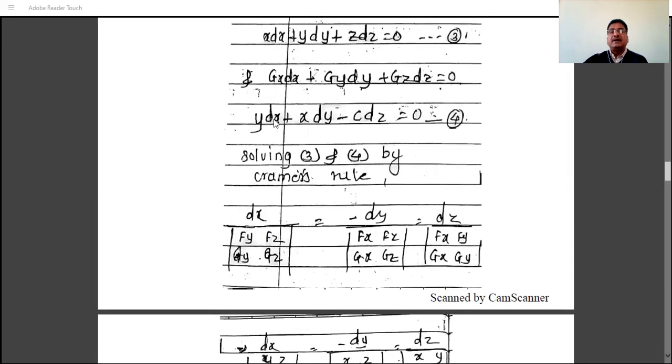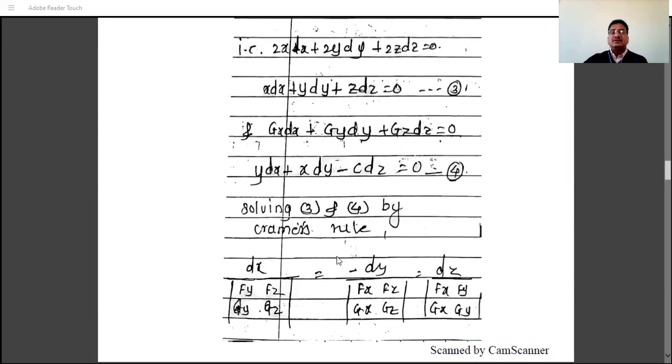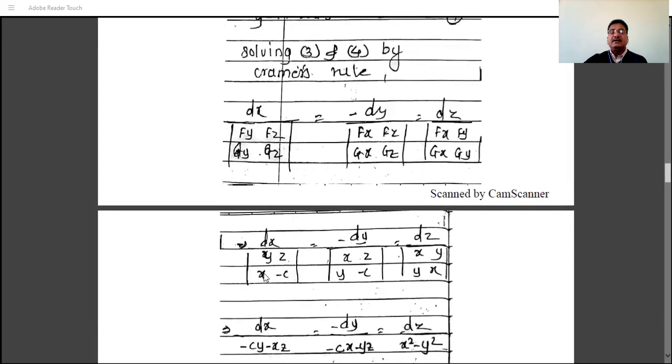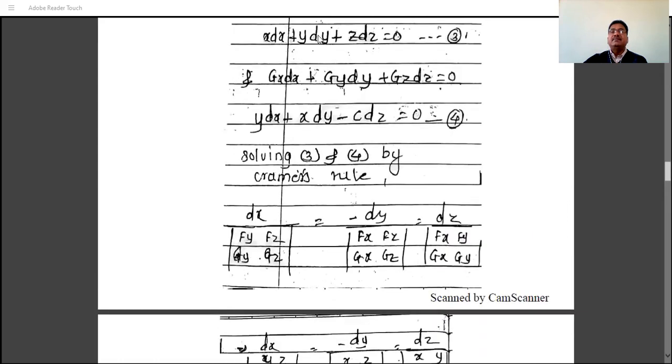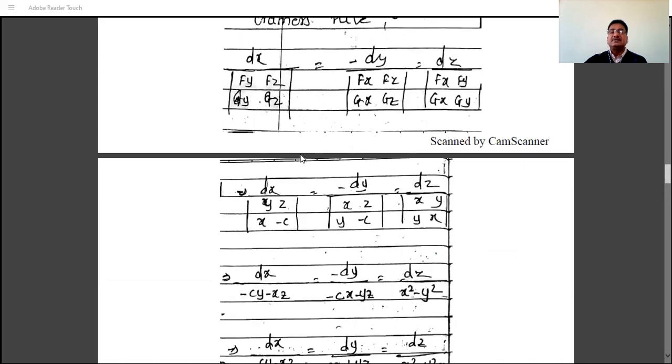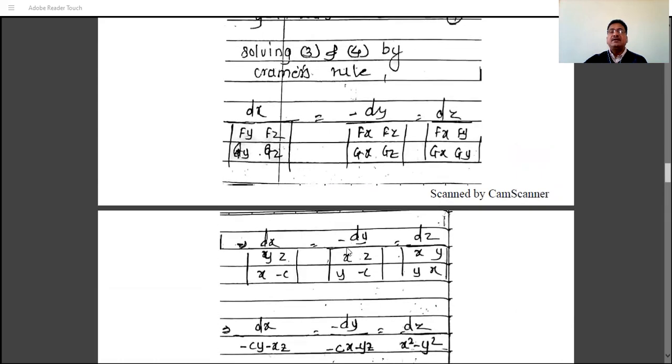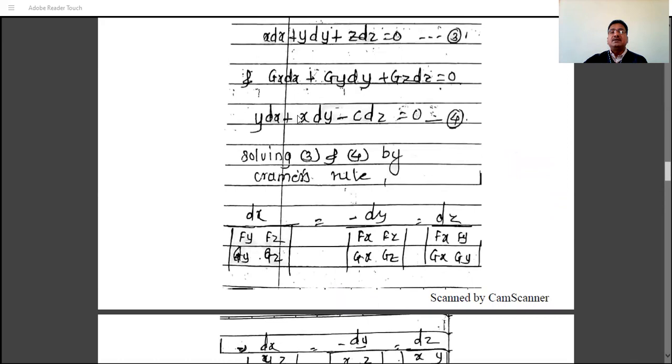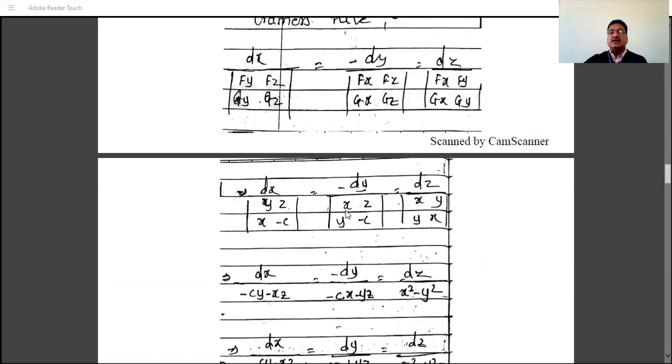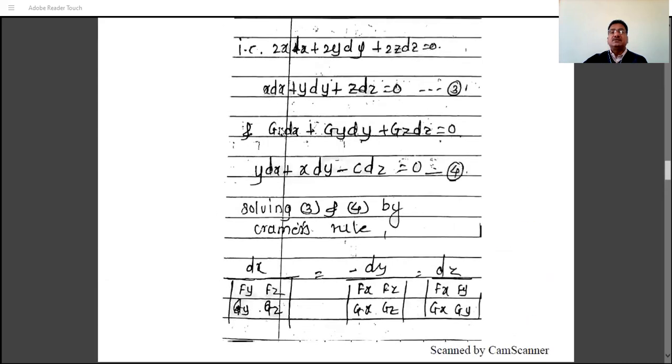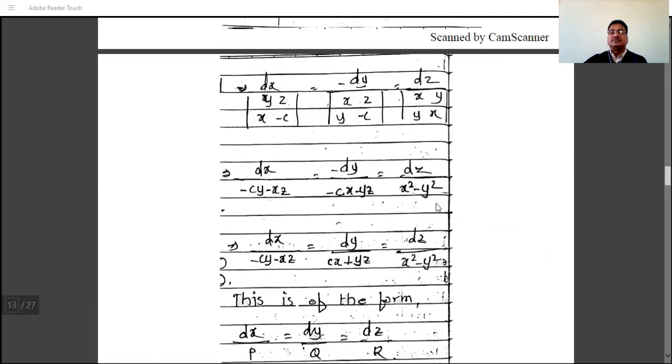So this is equation number 4, and then solving equations 3 and 4 by Cramer's rule, we have dx divided by fx fz. Write directly this: dx divided by yz x minus c, then minus dy divided by xz and y minus c, and dz divided by x y and y x. And then